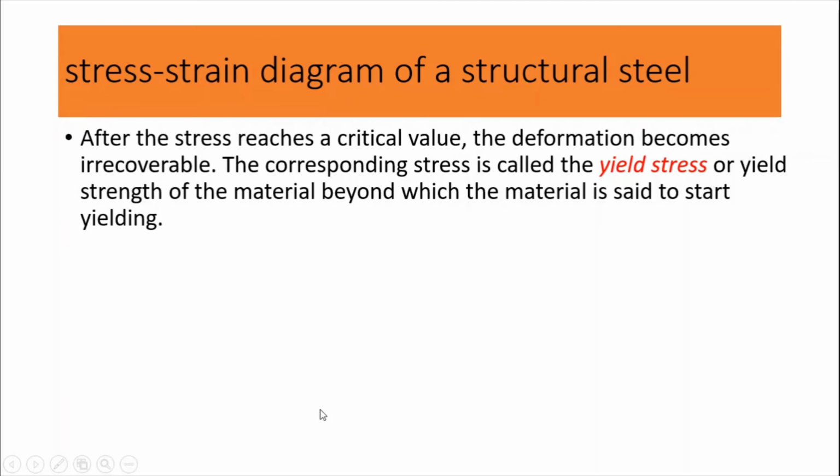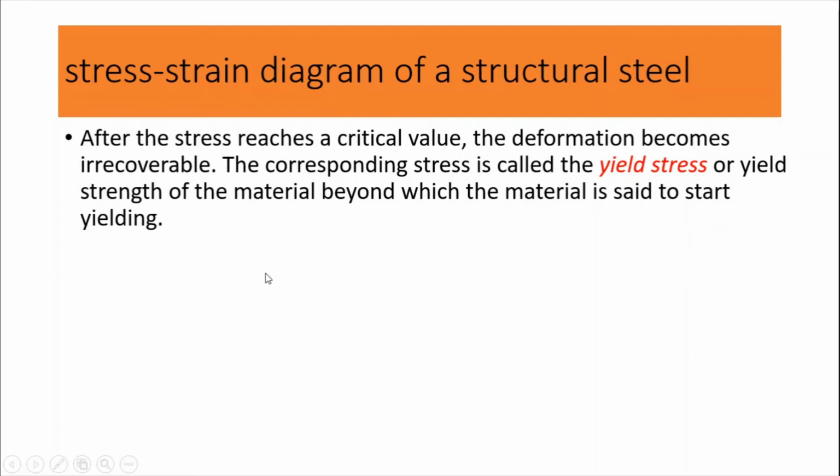After the stress reaches the critical value, the deformation becomes irrecoverable. The corresponding stress is called the yield stress. So after the yield point stress, the material will not get its original size and shape. So plastic deformation will be started, at the yield point or yield strength of the material, beyond which the material is said